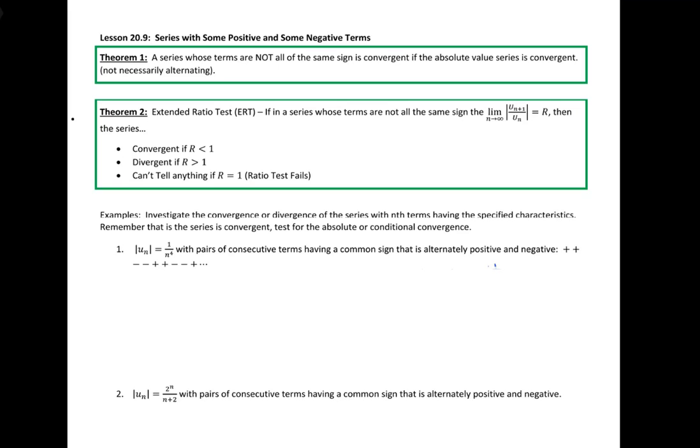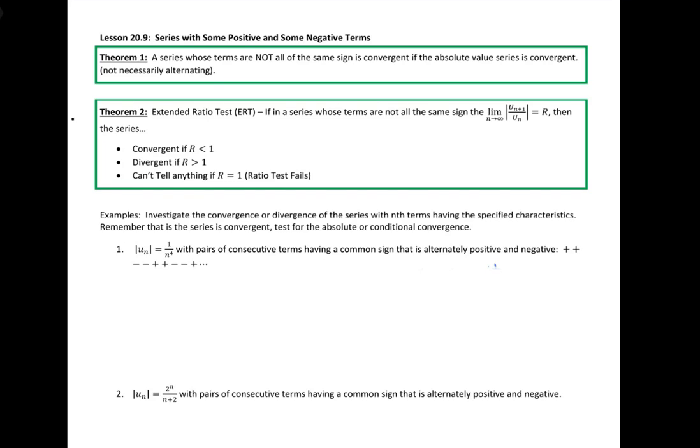Theorem 2 is what we call the extended ratio test. You can see here, we can abbreviate extended ratio test as ERT. The extended ratio test is very similar to the ratio test, but now we are finding the absolute value of the ratio of u sub n plus 1 to u sub n. So if in a series whose terms are not all the same sign, then we find the limit as n goes to infinity of the absolute value of u sub n plus 1 over u sub n,